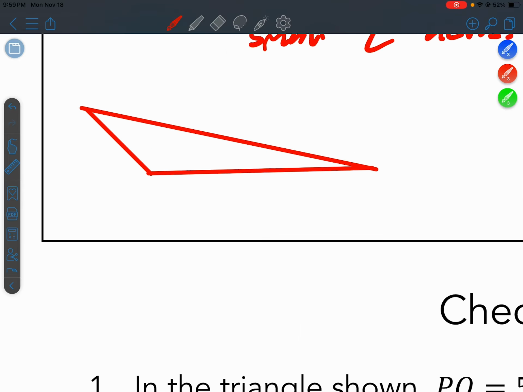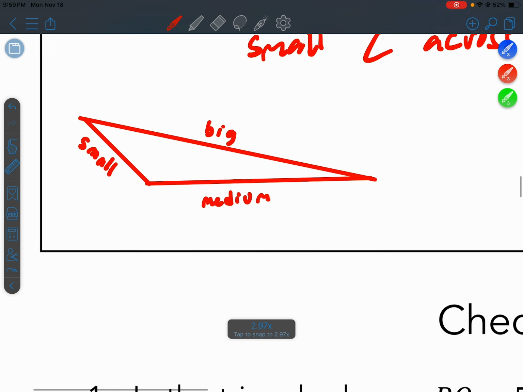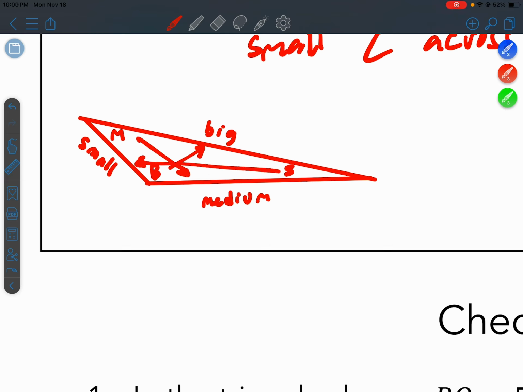Okay. So small side, big side, medium side, and then we'll just write S for the small angle, B for the big angle, and M for the medium angle. Okay. All right, so big angle across from big side, medium angle across from medium side, small angle across